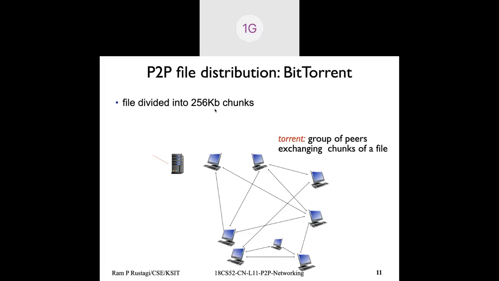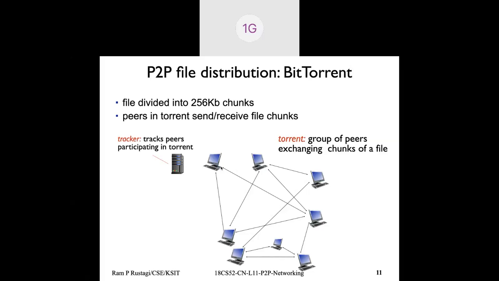And then you define the group of peers who want to transfer or share the file. That group of peers is called a torrent. This torrent could be of size 5, or it could be of size 1000, depending on how many peers want to share the content. Let's say you're sharing a video file. Each 10-second clip could act as a chunk. Then you exchange, upload the data. So for each torrent, people receive and send the chunks, and when they get all the chunks, you combine them together and get the file.